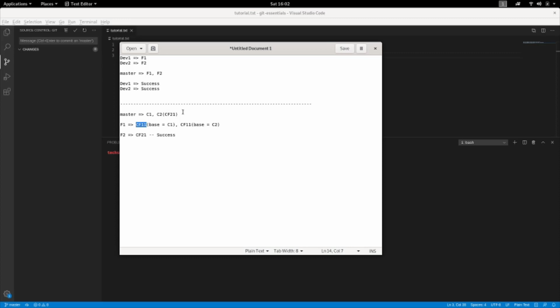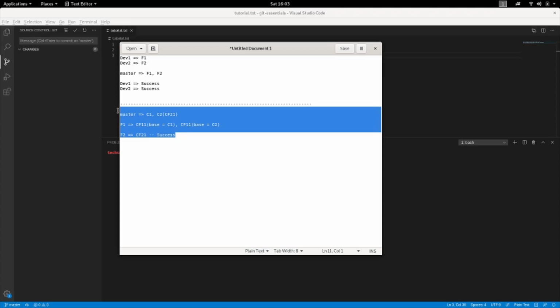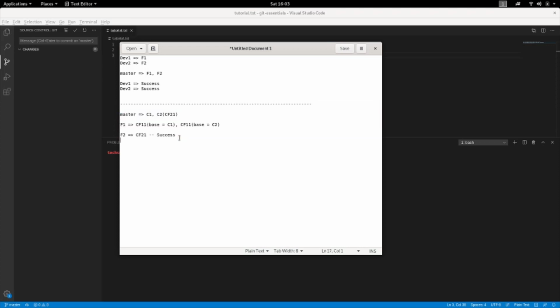And where will you use it? This is the live example. This is the same thing where you'll use a rebase. When you're trying to create new features and you want to use the features of other features in your feature, then you need to rebase it with respect to that feature. Then those changes will appear here. That's it.